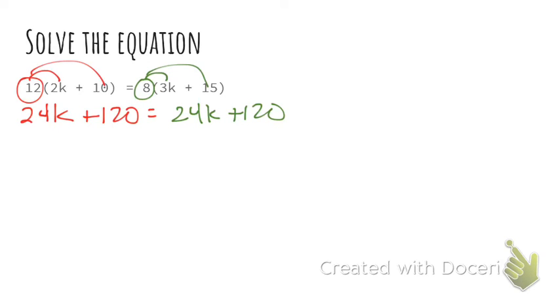Okay, so the first step is just to distribute, right? My left side in red, I distributed the 12 to the 2k plus 10, and I get 24k plus 120. On my right side, I did it in green. I distributed the 8 to the 3k plus 15, and I also get 24k plus 120. So as soon as I can identify that the left side is exactly the same as the right side, from there, you can go ahead and say that this is infinite solutions. So when the left side is exactly the same